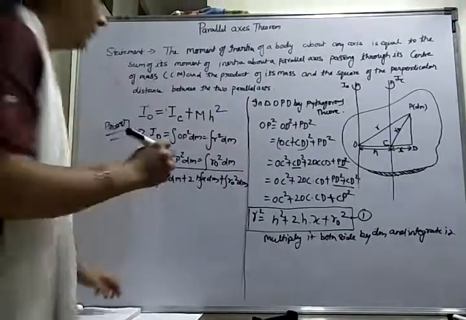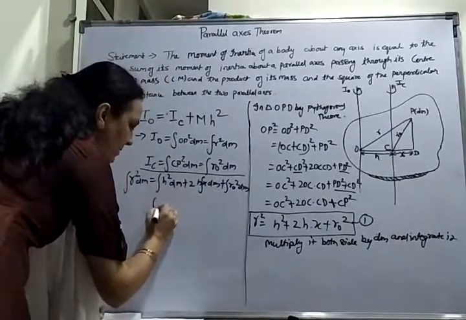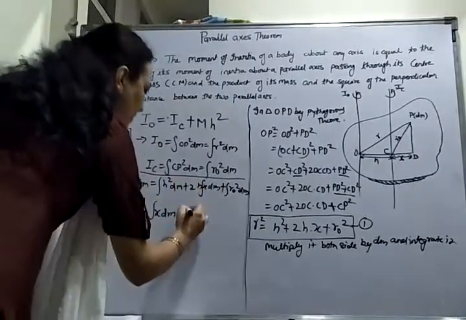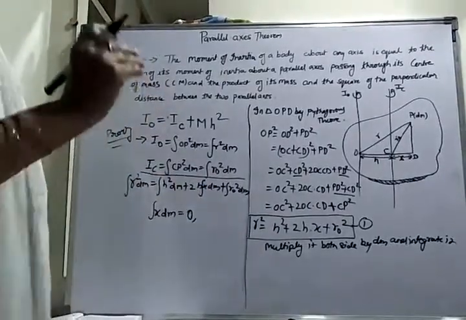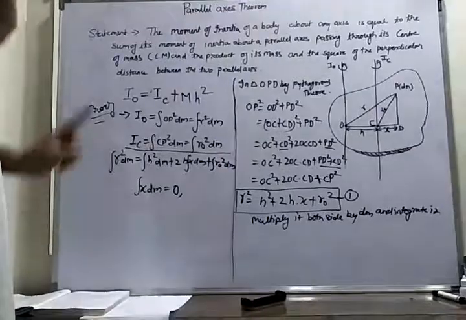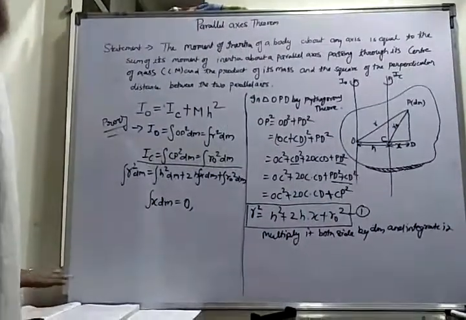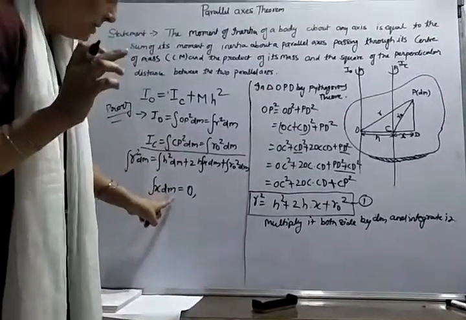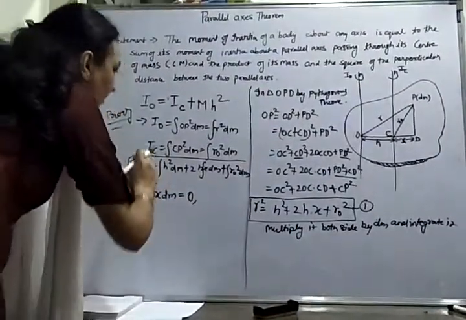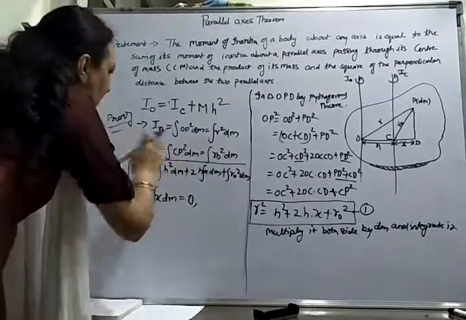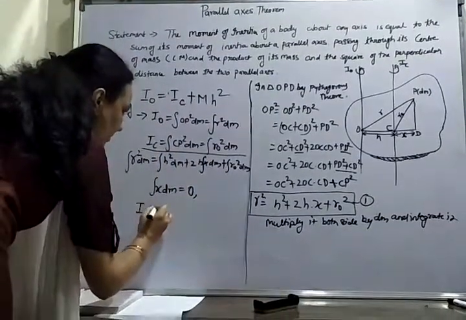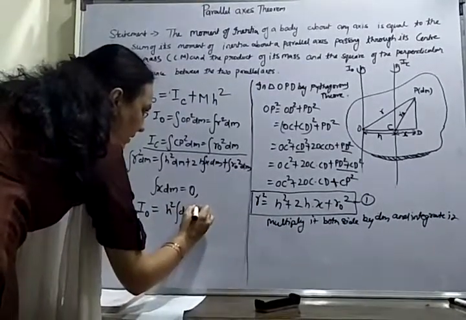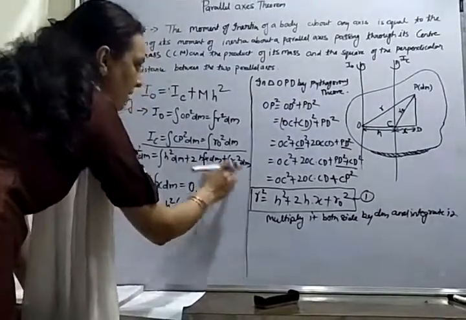Now here x dm is equal to 0. Why? Because C is the center of mass, and the algebraic sum of moments of all the particles about the center of mass, when the body is in equilibrium, is 0. That's why x dm is equal to 0. Now you know very well r squared dm is I0. So I0 is equal to h squared dm, this term becomes 0, and r0 squared dm is